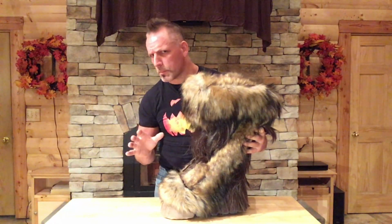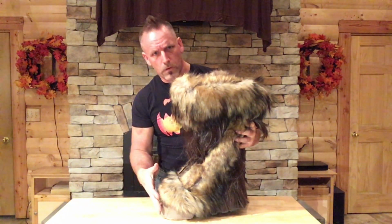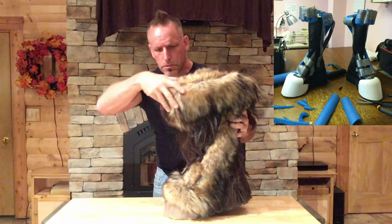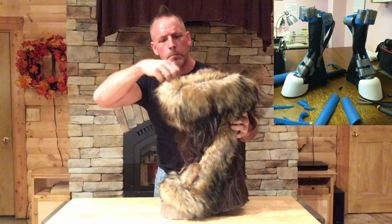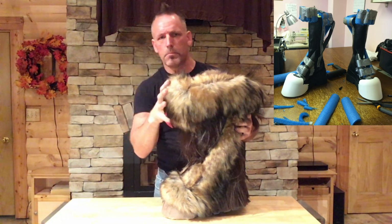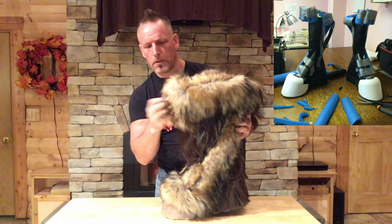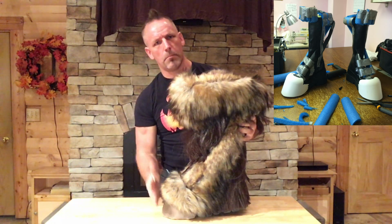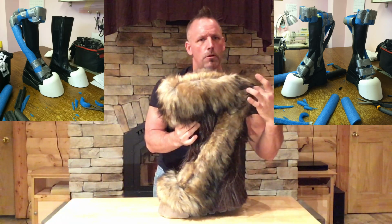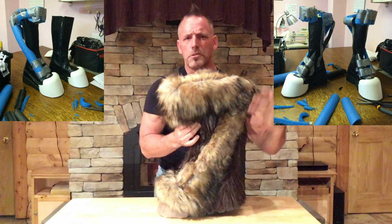Now, following the formula that I gave you already, how do we get the knee over the hoof if this is just a straight up and down boot? We use craft foam and then fur, long-haired fur. It hides where the knee goes into the boot, but the buildup allows the knee joint to come directly over the hoof. Now using craft foam tubing, actually I think I used pool noodles,